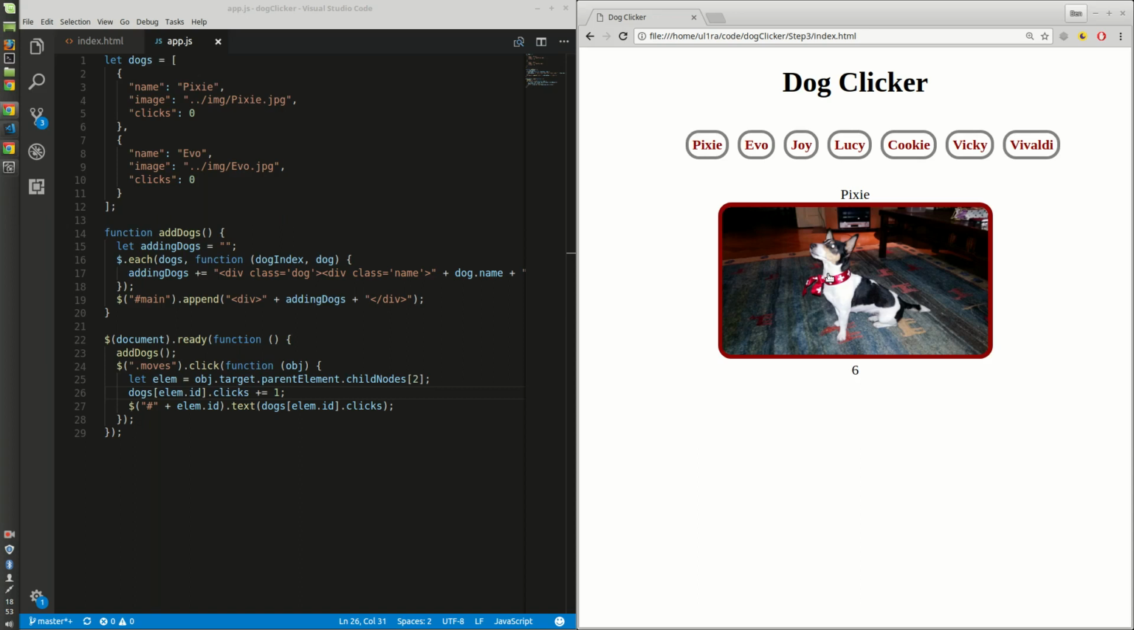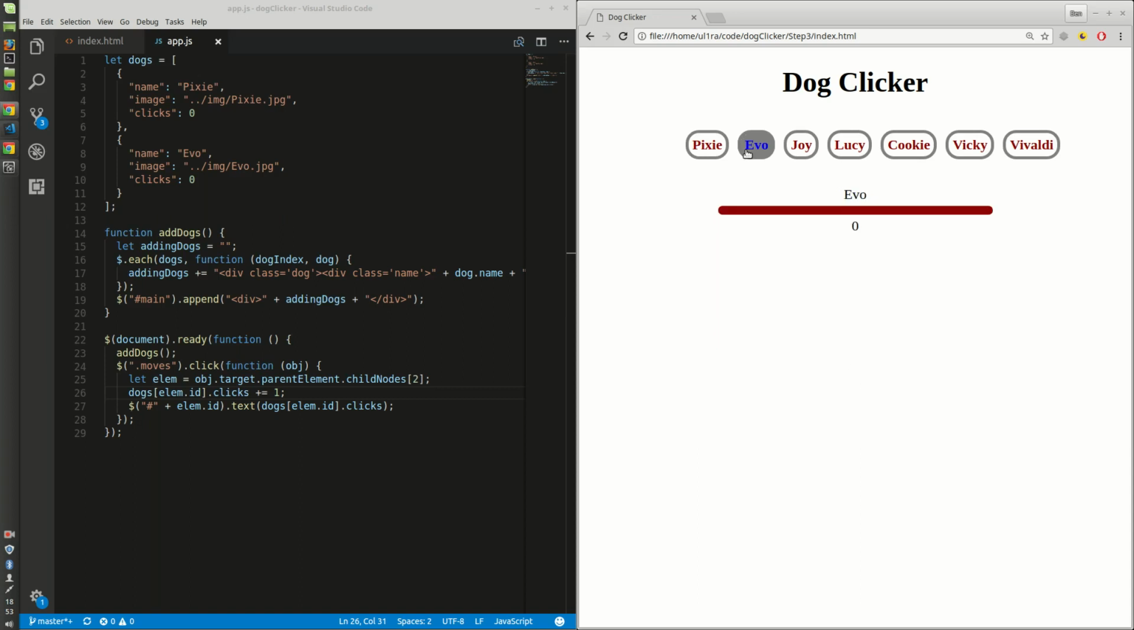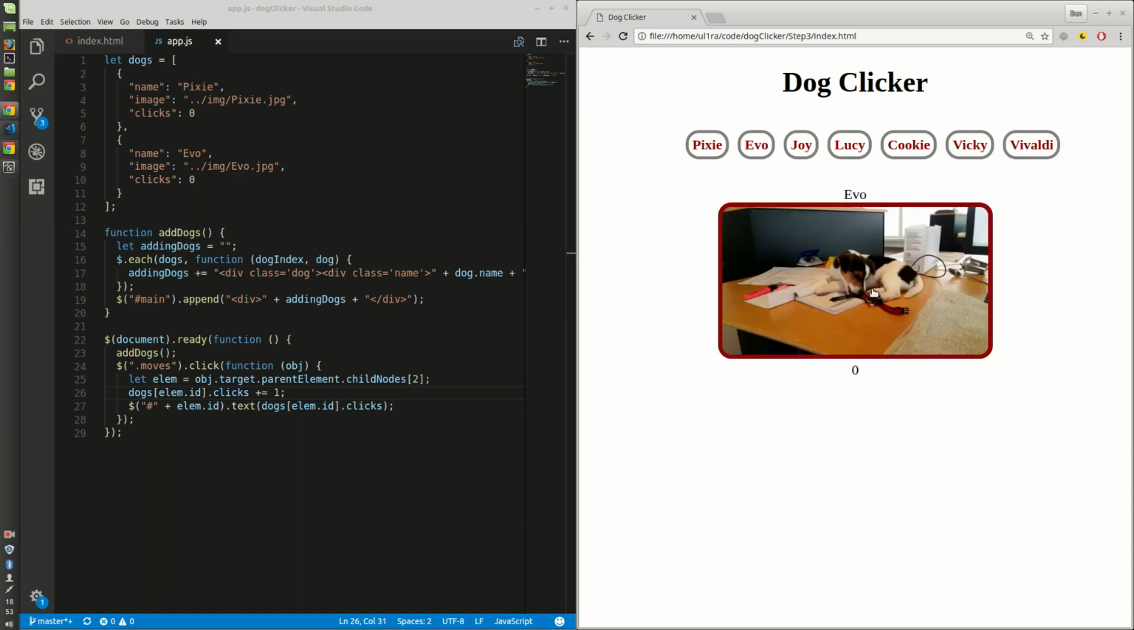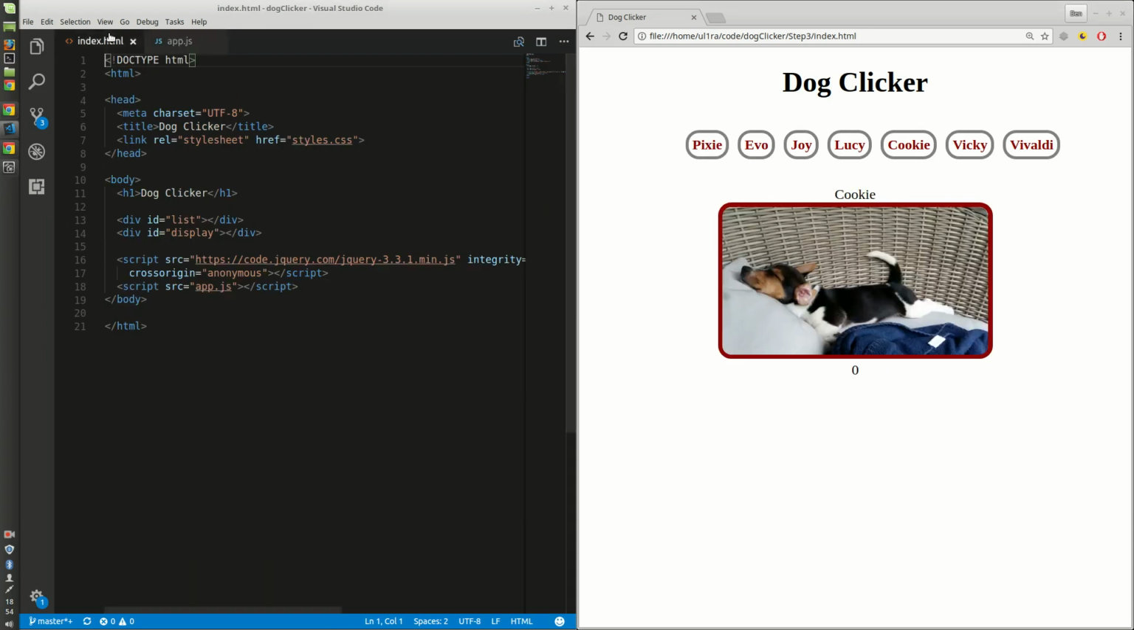And I basically click here. Then I decide to click somewhere else. So I click on Evo, and he's at 0. And I go back to Pixie, and she's still at 7. So we have the